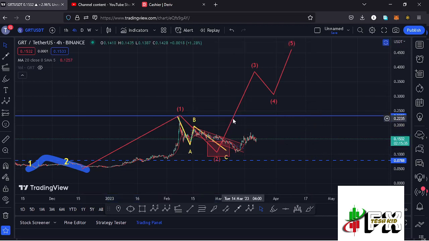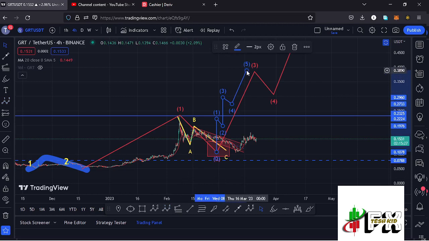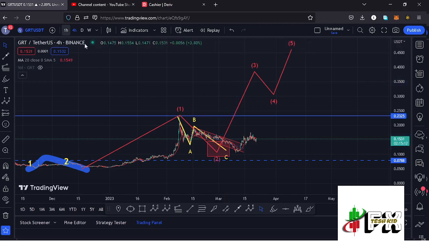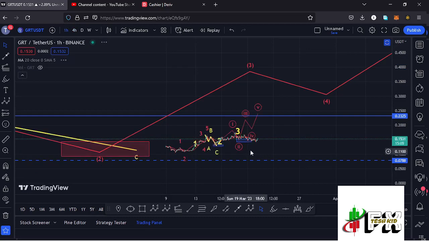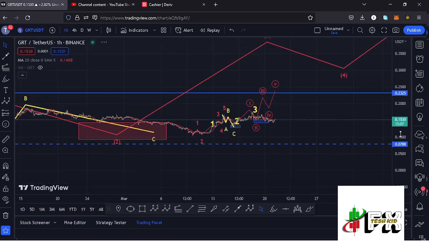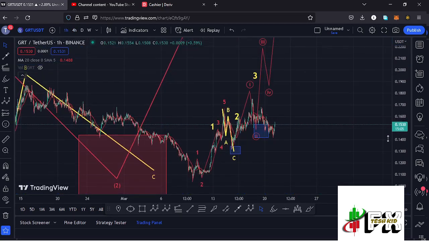And because of the impulsive nature in the formation of this wave 3, I'm also expecting to see a 5-wave structure in formation within the formation of that wave 3, having the wave 5 fully maximizing our target areas and also giving us the high for that wave 3 to the upper side. And this Elliot wave structure within the formation of this wave 3 is what is going to give me the short-term scenarios that I'm expecting to play out, and I believe that is better seen here on the 1-hour chart. So jumping to the 1-hour chart for further analysis and also to give you the short-term scenarios that I'm expecting to play out,